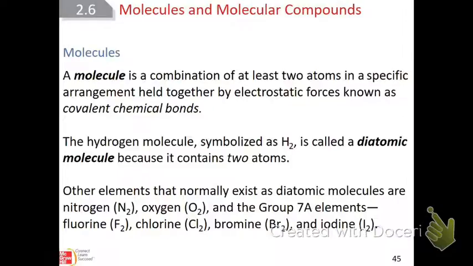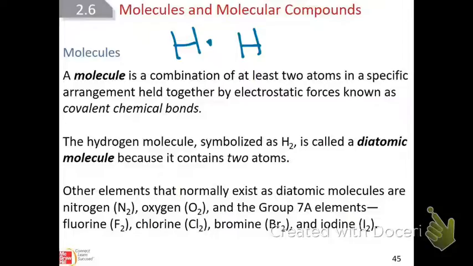And I want you to think about why these happen and why these occur. Remember, I told you that the most important elements on the entire chart are the noble gases, because they are by far the most stable. And the reason that they're most stable is because they have a full outer energy level. Okay? And so let's just take hydrogen. We're going to draw what's called an electron dot structure, which shows hydrogen's one valence electron. It only has one electron, and it wants to have two